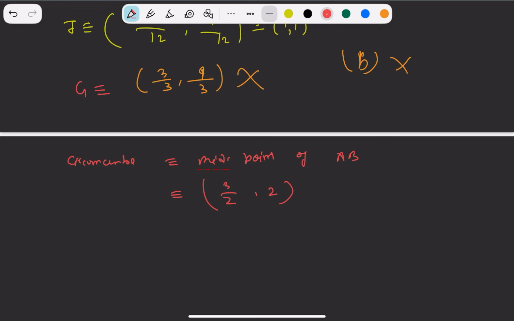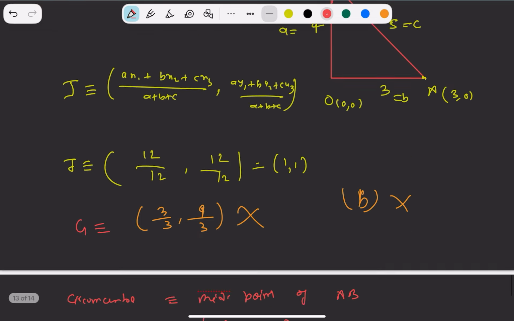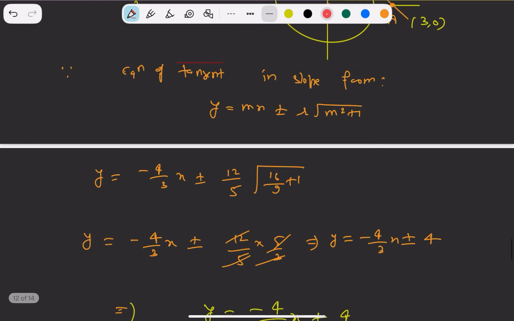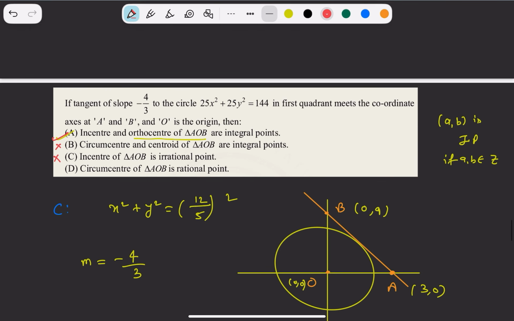So do not confuse, it's not an integral point, but in the fourth option they are talking about the circumcentre of AOB being a rational point. Yes, 3 by 2 comma 2 is a rational point, right or not? So option D is also correct. So what are the correct answers for this question? A and D. Alright, this question was not very difficult, but yeah,